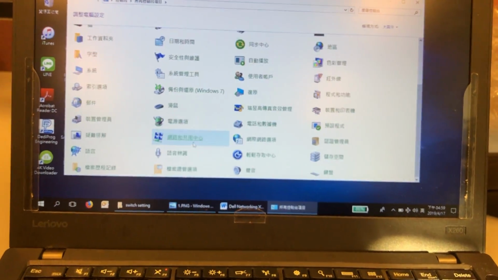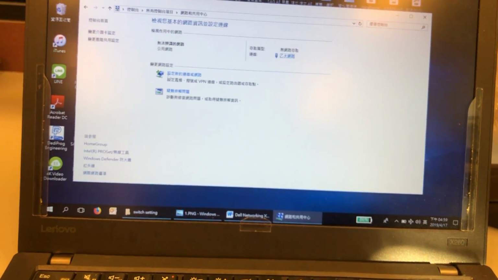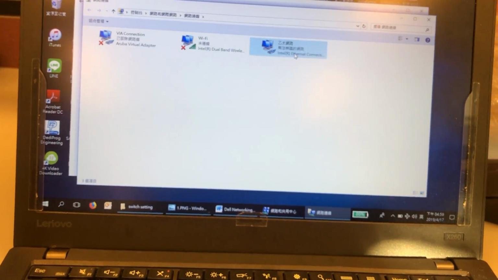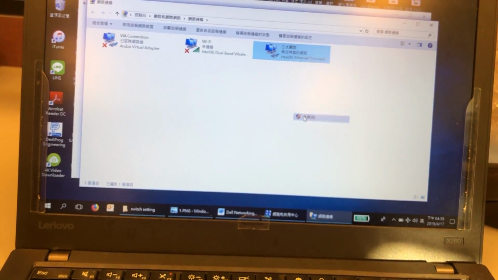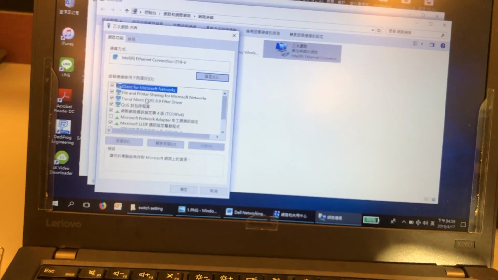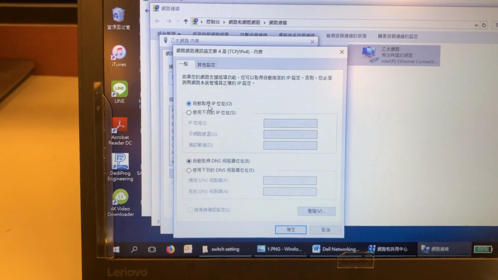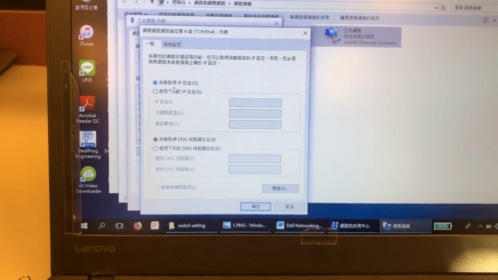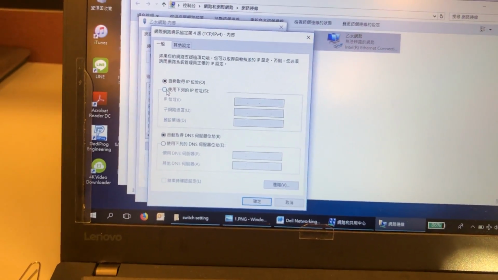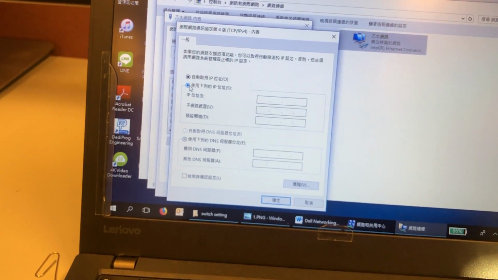and then get into the network settings here, Properties, and choose IPv4. Here, in my laptop, I'm using DHCP, but now we need to change it into the same domain. So we need to set it as